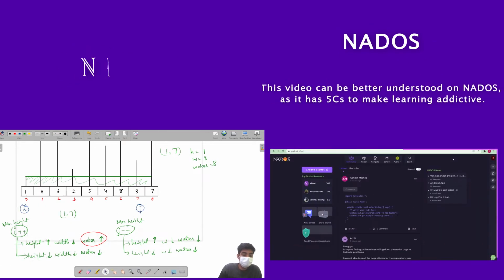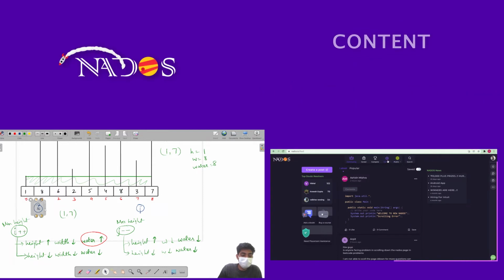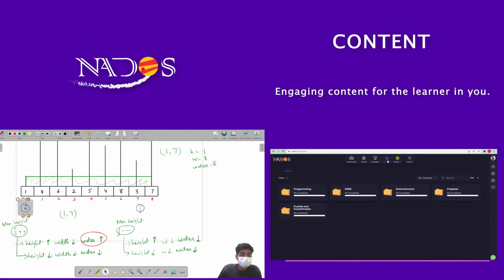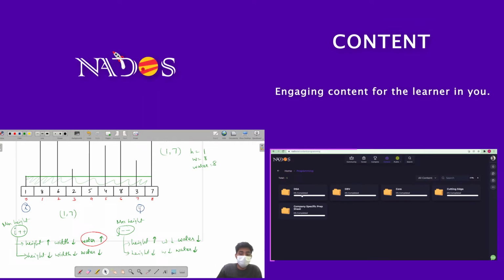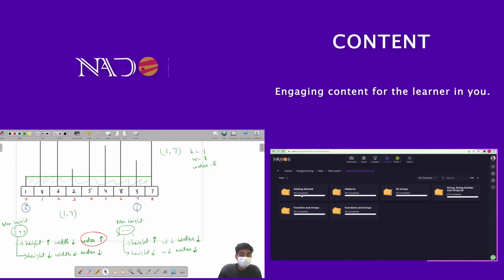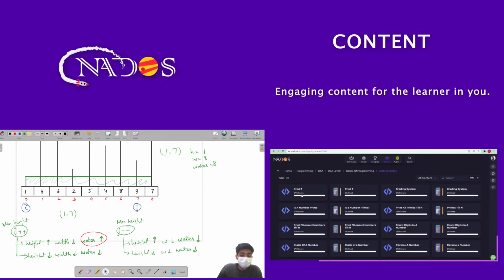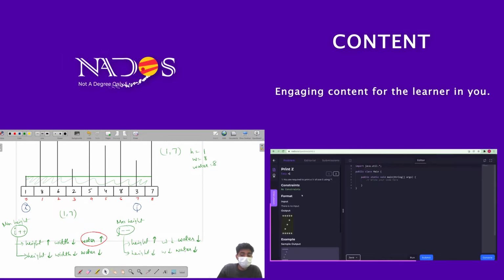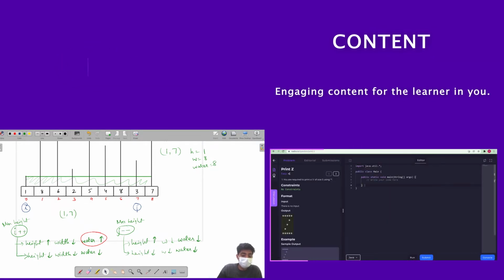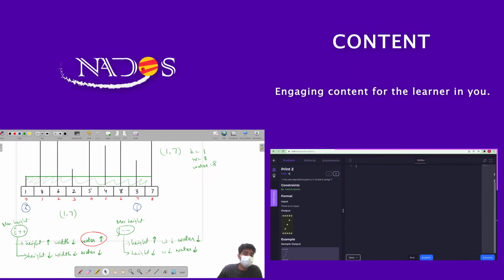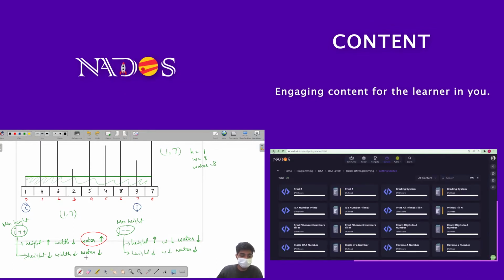We already know about the minimum height, that if I increase my I, I will get to 8, and there is a chance where my container is going to increase in capacity. But now I'm talking about J only, because J was the maximum height, right? So if I decrease my J, then there are two things that can happen, right? Height will decrease, width will decrease, so the water will also decrease. What I'm saying is, now the height has decreased. Height is equal to 3. But has it really changed anything?